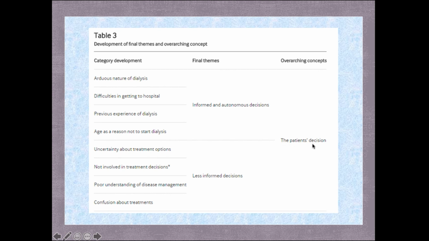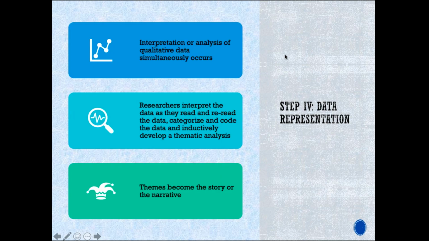So you can see those are the tables or diagrams that you need to use in order to develop the teams and general teams. Then the last step is data representation. Now, after we develop all our teams, we have to interpret our data. Interpretation of data, or analysis of the qualitative data,